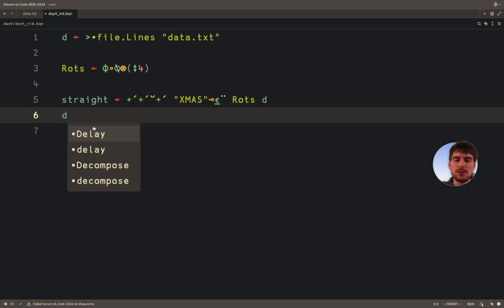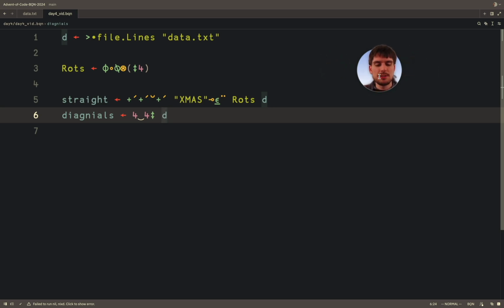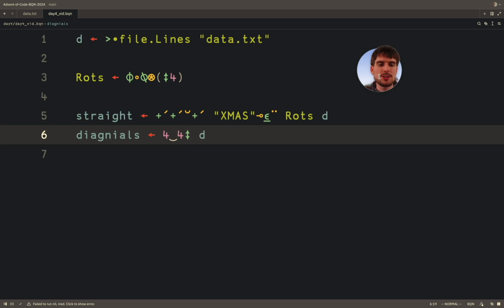And then we are looking for diagonals. What I came up with is the more brute force, less pretty approach of just creating 4x4 windows of all the data. You get back all the possible squares in which an Xmas can fit. So you can just check the crosses of that. And then you can count up all the Xmases. So this would give us back